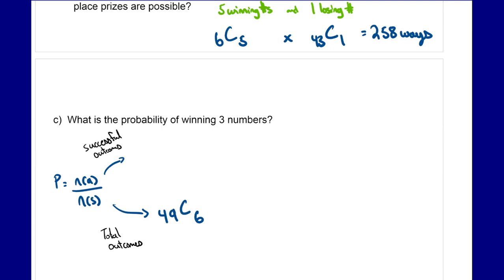So in this case, a success is winning 3 numbers. So winning 3 numbers means I have 3 winning numbers. And, because we can't forget that I'm still picking 6 numbers in total, so 3 winning numbers and 3 losing numbers. So I have to still keep in mind, I'm not just looking at the 3 winning numbers, I'm looking at the other losing numbers as well. So I have 6 choose 3, multiplied by 43 choose 3, which gives me, in the end, when we bring this all back together,